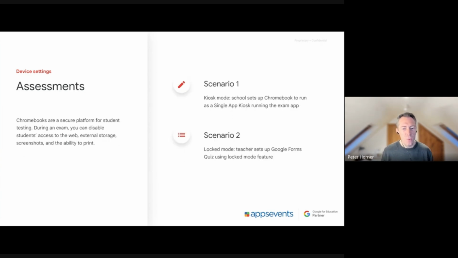And assessment. So one of the other options to look at here, which having device management allows on the Chromebooks, is you can start using Chrome devices for assessments in your school. So there's a couple of scenarios you could look at there if you wanted to do that. So one is to use kiosk mode and have the Chromebook launch a particular exam app, and it's restricted to just that app. Or if you're using Google Forms and have an assessment in there you want your students to